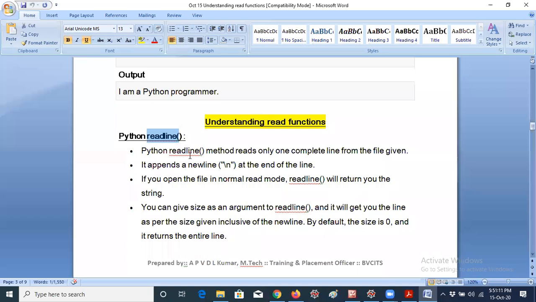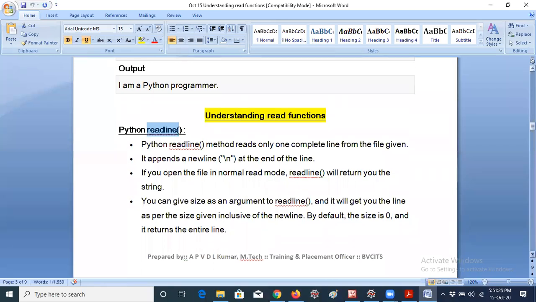According to the name itself, readline means it reads only a single line at a time. That's all. It reads a single line. How will the compiler recognize whether it is one line or two lines? How will it recognize? Let me first tell you the basic rules of the readline